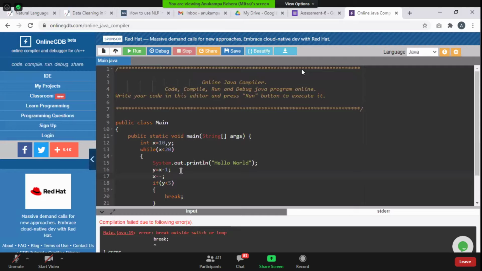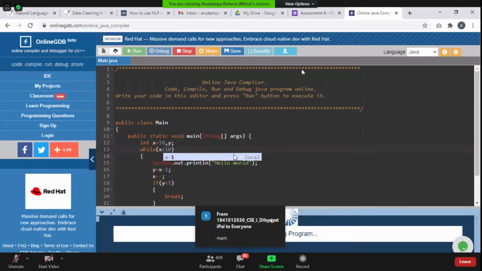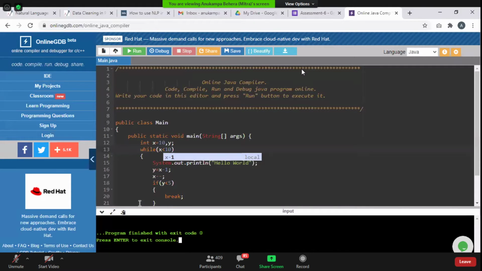It will show a compilation error. Okay, but if I write a while here and then do this, then it will work. Then there is no problem, because each time x is decrementing. So you can do this. This will not give you any error here. Understood? Because here we are writing a break to come out of a while. That is why.